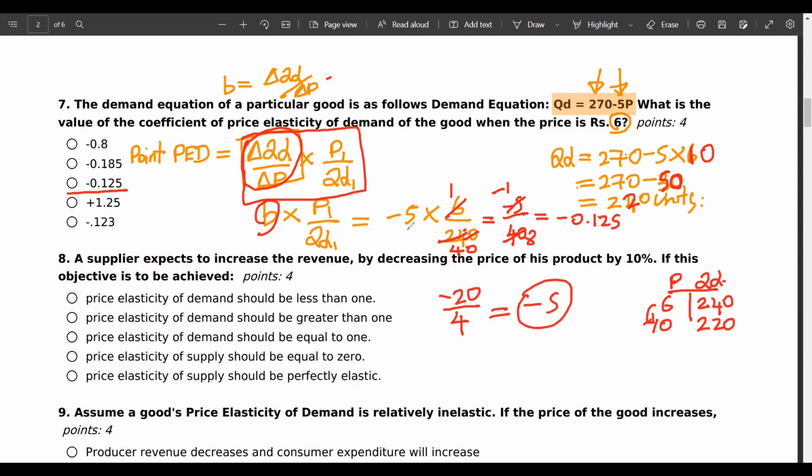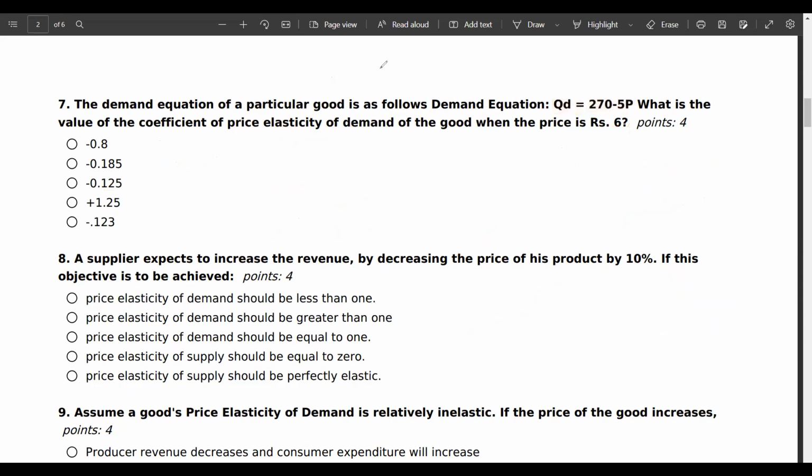So that is what I just directly took from the demand equation and put it here. So you can do that also. That will save you a lot of time. So that's the answer for this question, minus 0.125. Hope you guys understood that. Next question